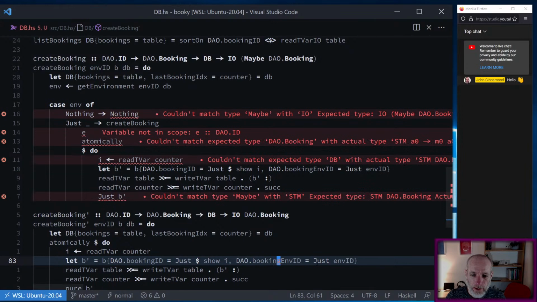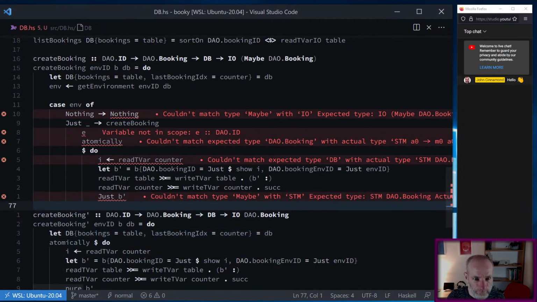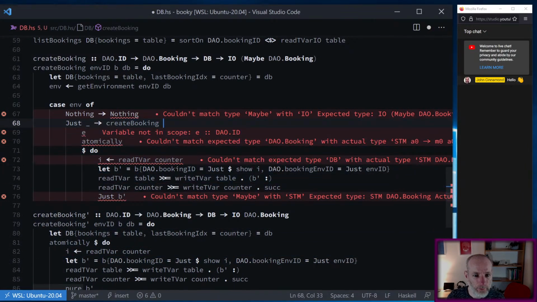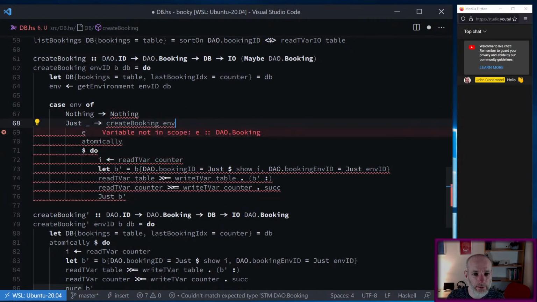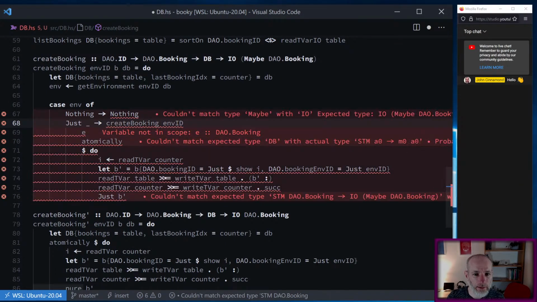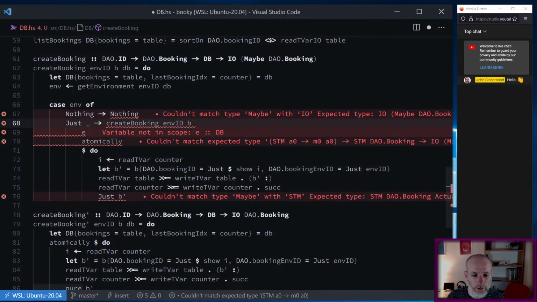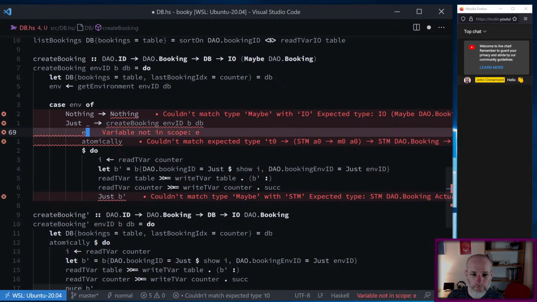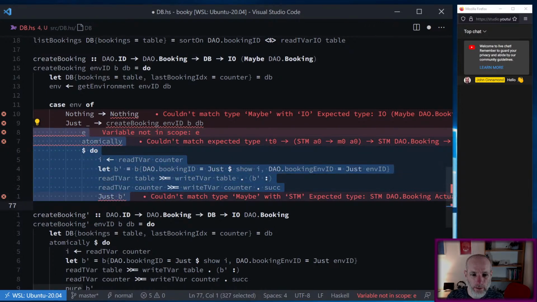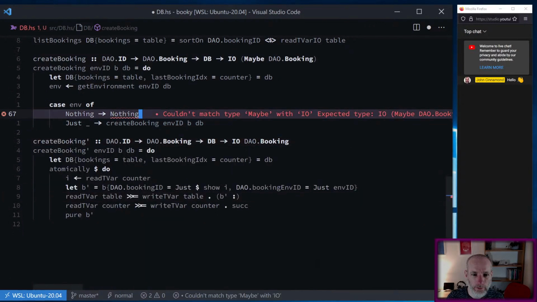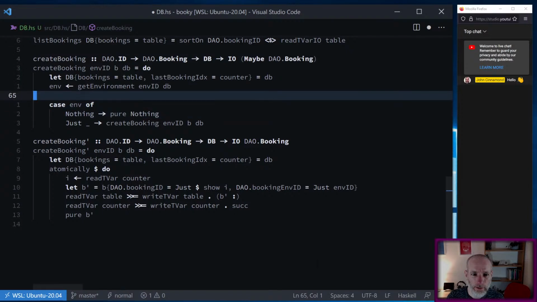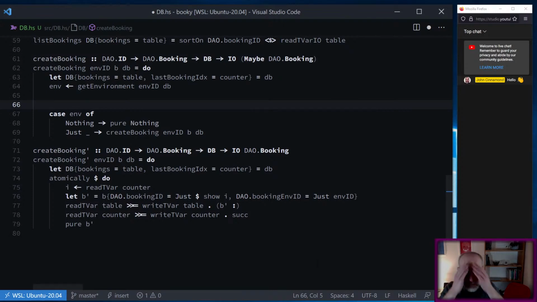Because the underlying type is a maybe. Okay. So we create booking. I'm going to pass in the MID. We're going to pass in the booking that we were given. I'm going to pass in the database. Okay, so that can go. And this will be pure nothing. Okay, and then I think what we can say